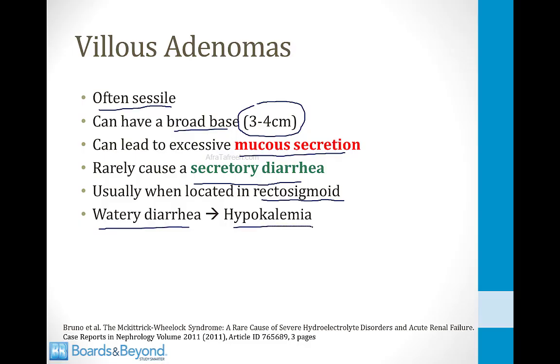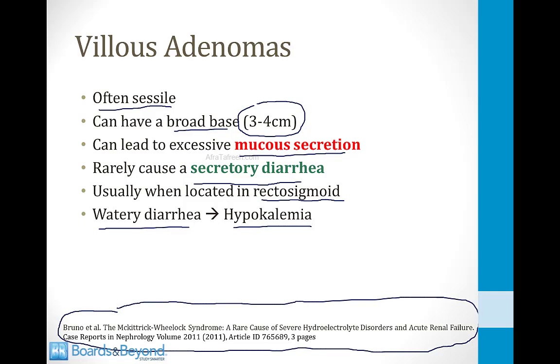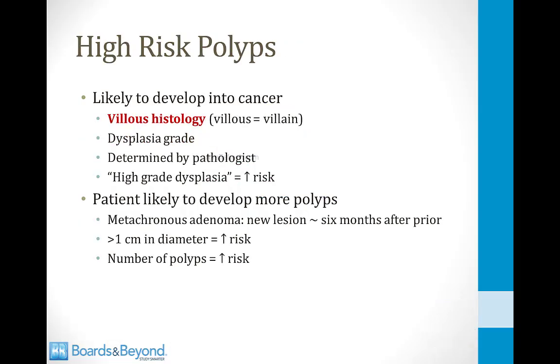This is a rare syndrome, but if you're interested in learning more about it, I've listed a nice case report at the bottom of the screen of a patient who had severe electrolyte abnormalities related to a diarrheal illness caused by a villus adenoma. Any adenomatous polyp discovered at colonoscopy carries a risk of development into colon cancer, but there